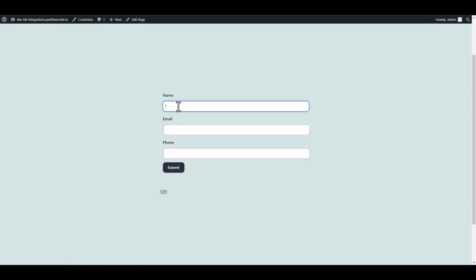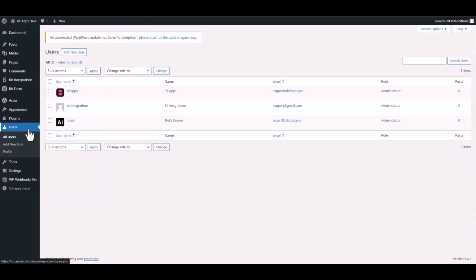Let's submit a form. Submit the form. It appears that the user has been created